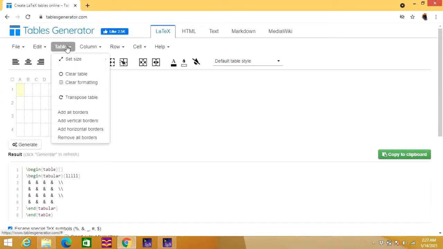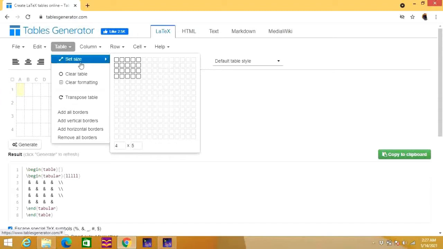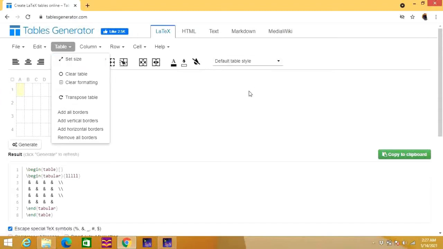Next, here there is an option of Table. You can see this Set Size can be used to set the size of the table. Here you will have another option which is Clear Table. Here you can see the option of clearing the formatting of the table. If you want to transpose a table, you can use this tab.